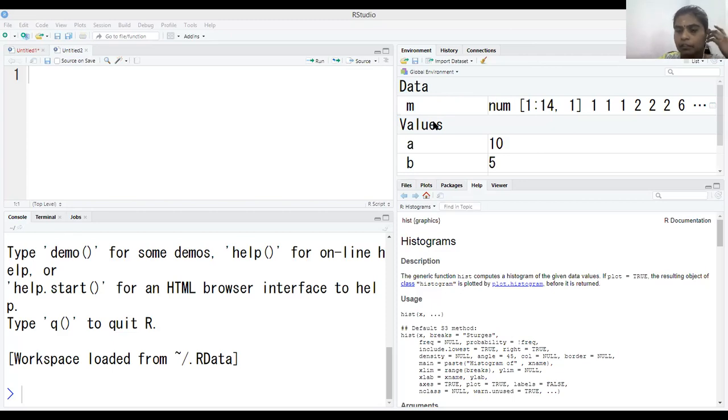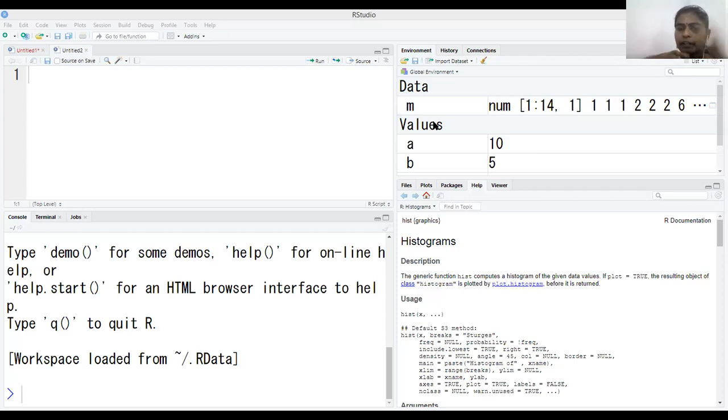So we have also understood what a variable is. A variable is nothing but a storage space, right? I may want to store a number, a string, or a sequence of data, so everything will be stored in a variable. Why are we calling it a variable instead of a storage space? Because the value may vary with respect to the assignment. At one point of time, I can assign 10, 15. Another time I can assign 100, 200, that way. So that's the reason we call it a variable.